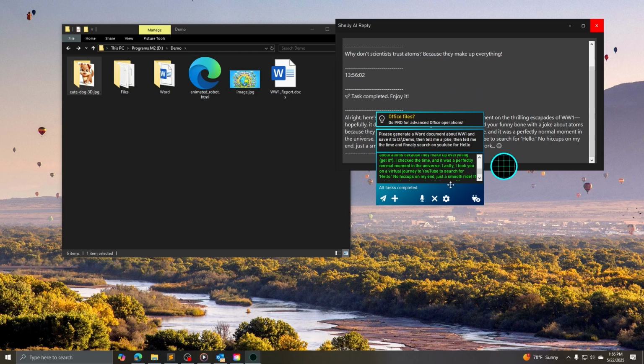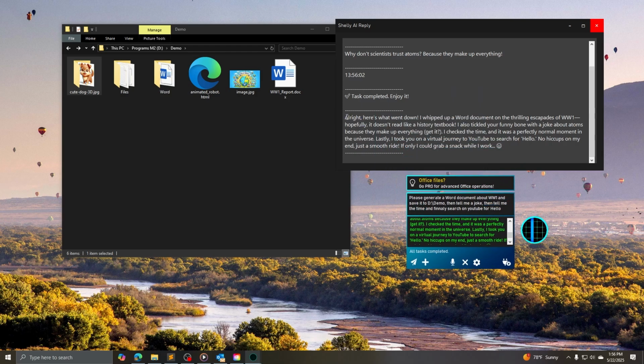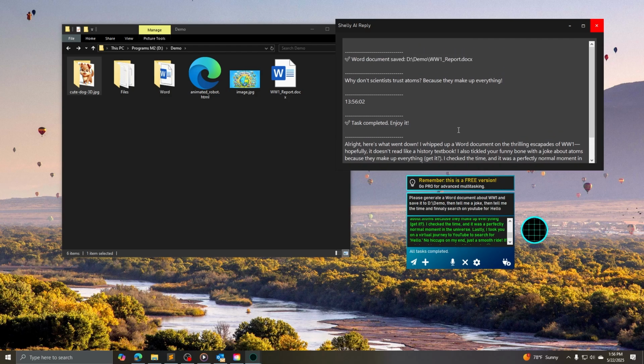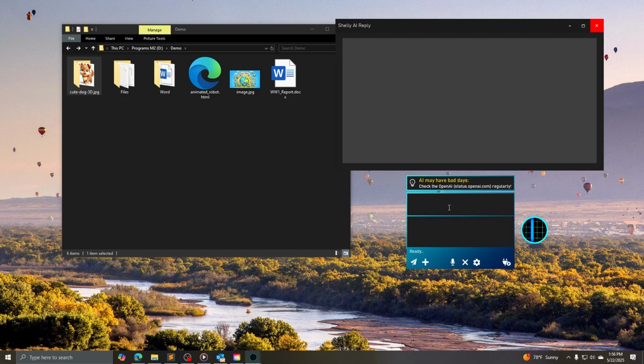So right now the last step every time it's doing a multitask is to go and verify if everything worked and everything is fine. Good, everything worked. So this is a kind of multitasking. But right now, let's do something else. I hope